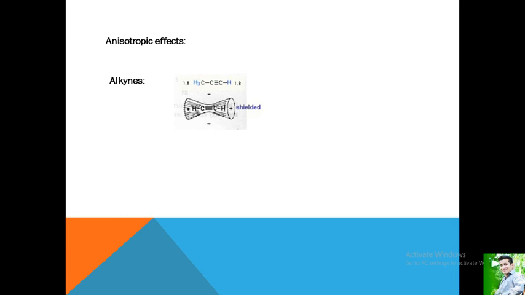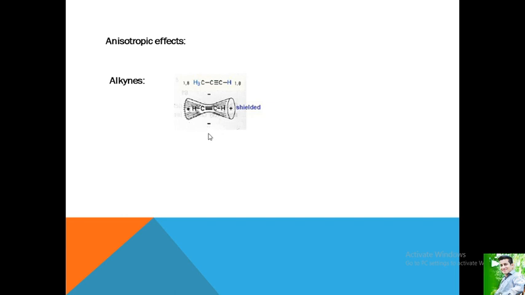inductive effect alone. Aldehyde and aromatic protons are much more de-shielded. Alkyne proton appears at a low delta value. The delta value is justified by explaining the manner in which the pi electrons circulate under the influence of the applied field. So here we see the example of alkyne. This is the anisotropy of the alkyne, where these protons are shielded by the anisotropy.